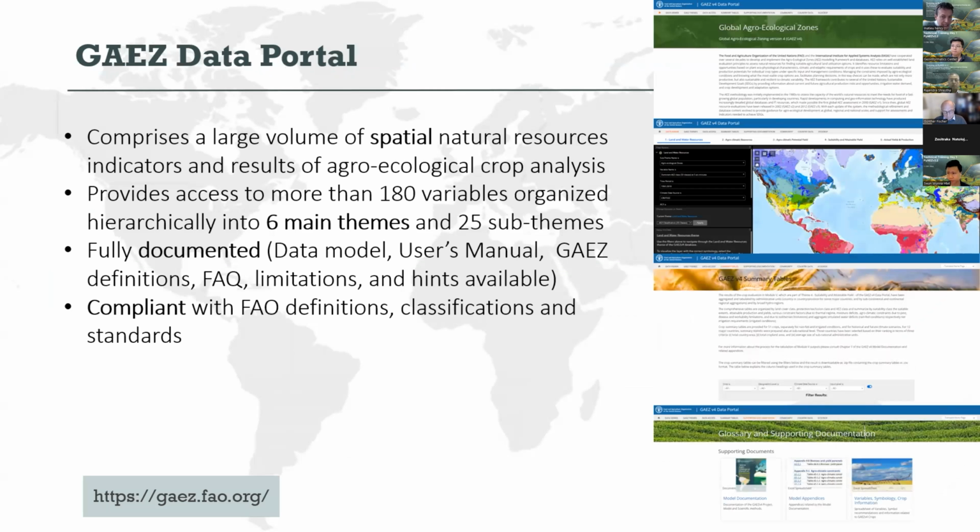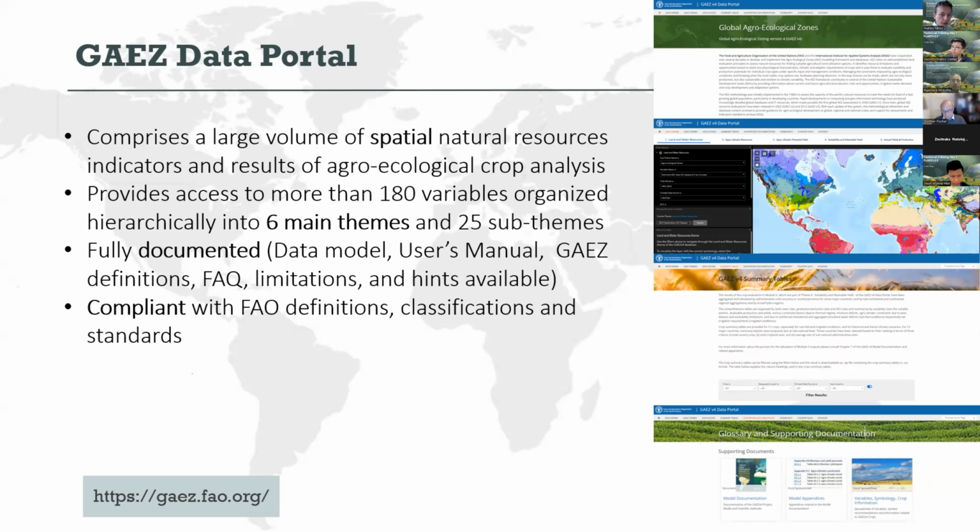Now, the GAEZ data portal, most of you know what it is about. It's quite a significant amount of data and information about natural resources. Also, when we talk about partnership, this is important to know: most of the time the institutions who are producing data on land cover, on terrain, on soil, and others are different. And there is a need for a process of harmonization. So this harmonization, whether this is done at the national, at the regional, or at the global level, is important to be able to run a calculation that makes sense.